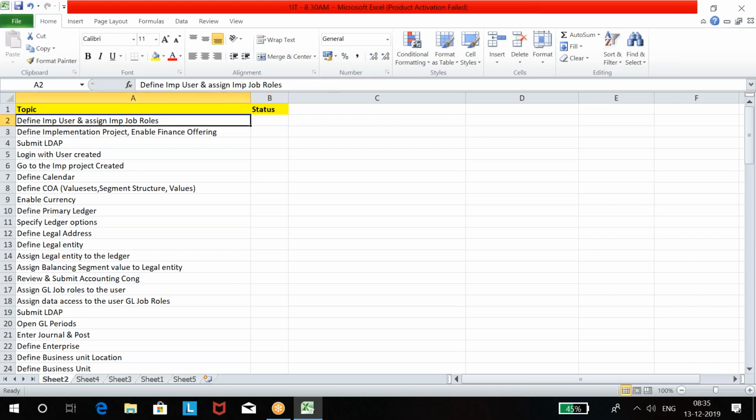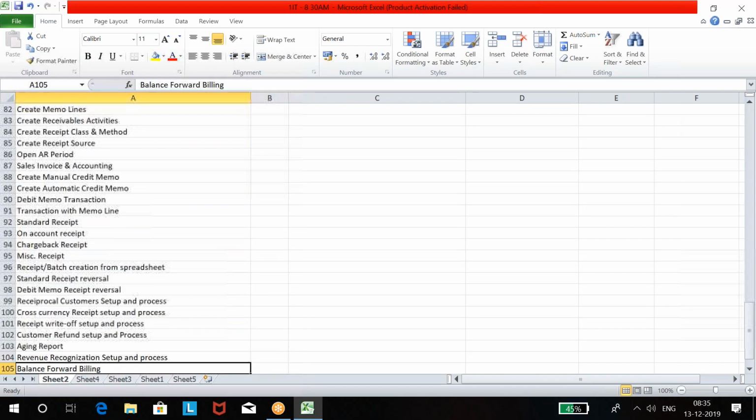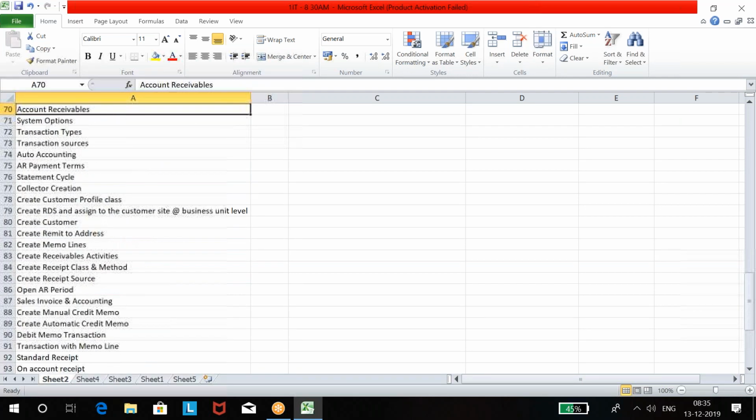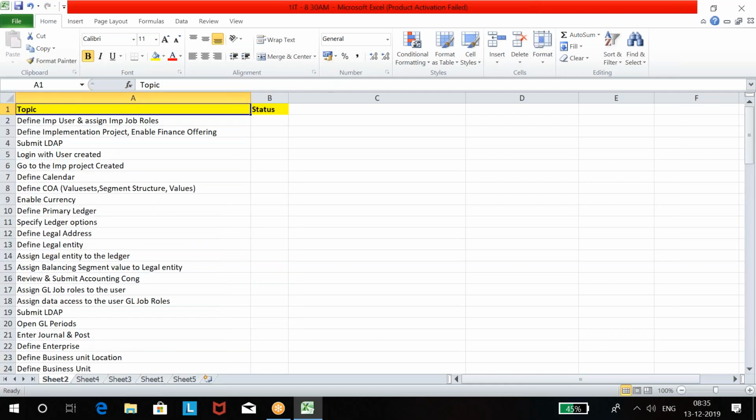These are the topic names. I have written a few, whatever batch I'm doing right now. I've done up to this, and it will go on with more. This Excel tracker has all setups and all transaction processes in SQL, step by step, what all we do.